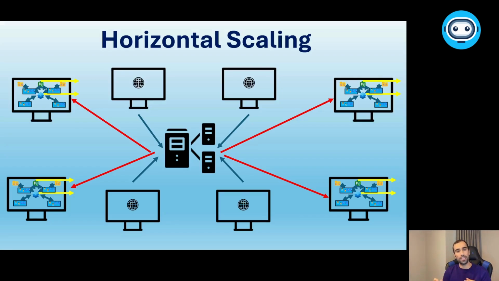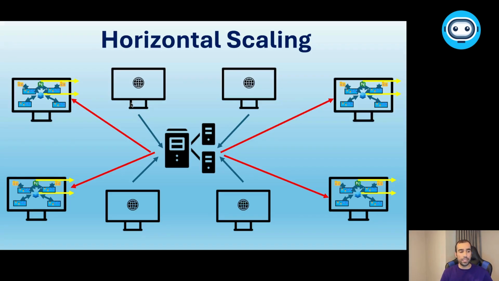In our analogy, just imagine there is a main branch. That main branch is responsible for sharing tasks across different branches of my business. The load balancer plays the exact same role.